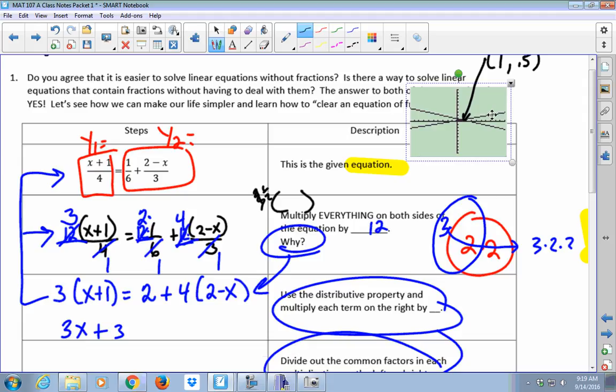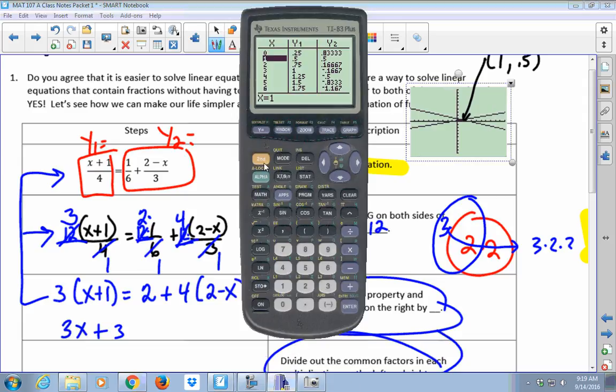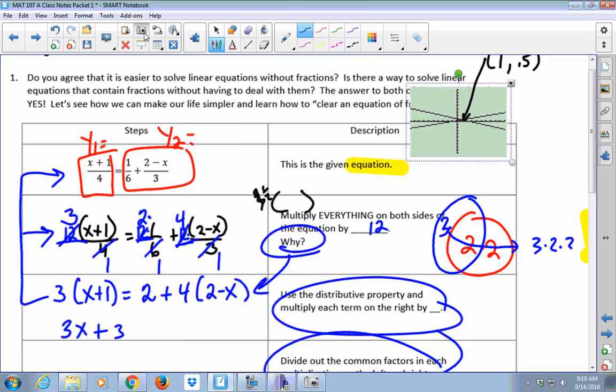Now, how else could you do it? The other way you could do it is to use a command. See this little yellow thing here? It says calc, C-A-L-C. If you go to your calc button, you can say, where do these two lines intersect? We did this on Monday. And this is the nice part. You don't even have to guess. Once you get to here, you can say, enter, enter, enter. And voila, there's your answer. X equals 1. Did you have a question, Jude? Okay. All right, so you have both a graphical way and you have an algebraic way now to solve these